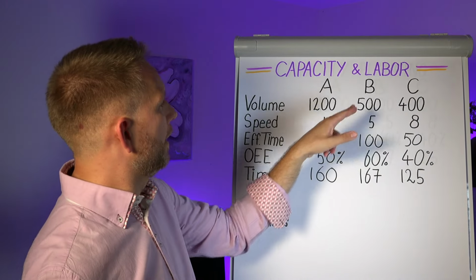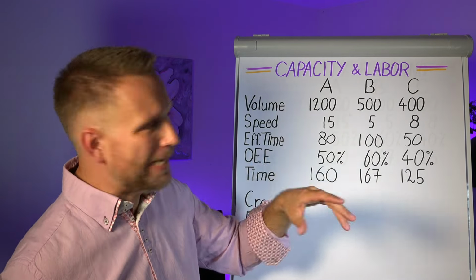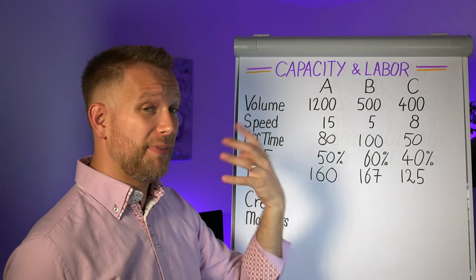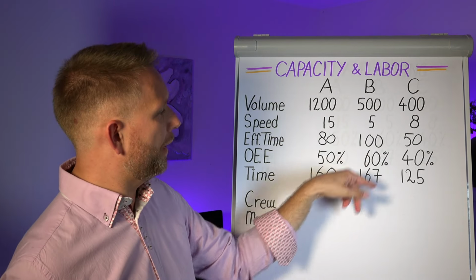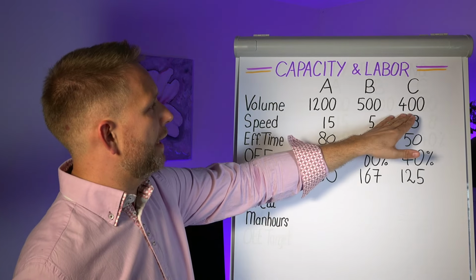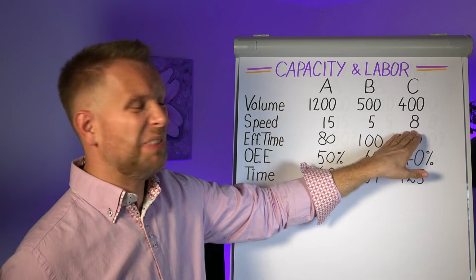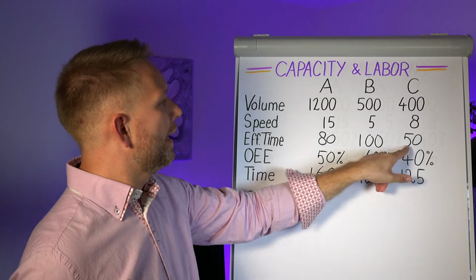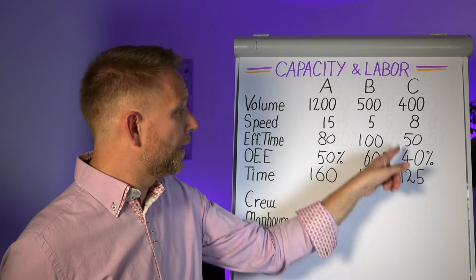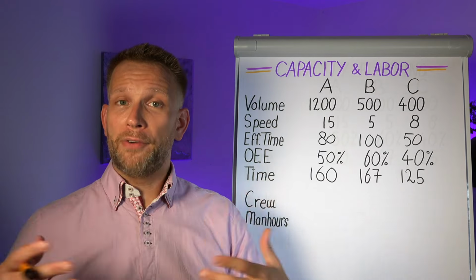So that second line, 500 units to be made, we can make 5 an hour in ideal conditions, so that's 100 hours of effective time, but they have a bit higher OEE, and we get to 167 hours needed. And that last line, lowest volume, it's sort of average speed at 8, so we need to use it for 50 hours, but this one, well, that OEE is a bit lower, so we need a total of 125 hours